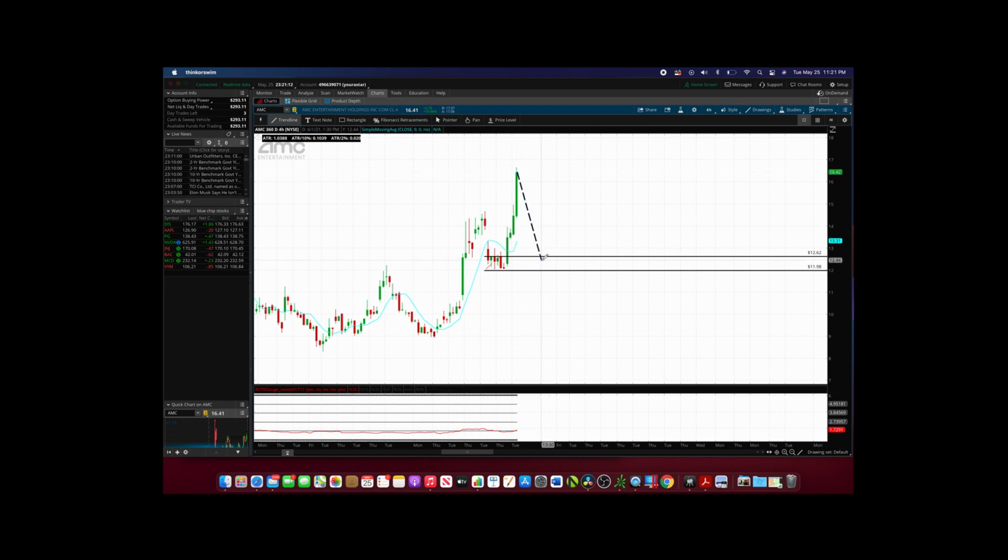I want it to come here, take a quick peek, and then go back up. That's what I'm looking for. But if there's a lot of candles sitting in that area, it means there's not much demand. And typically what might happen, this is not to mean that it will definitely happen, but for the most times